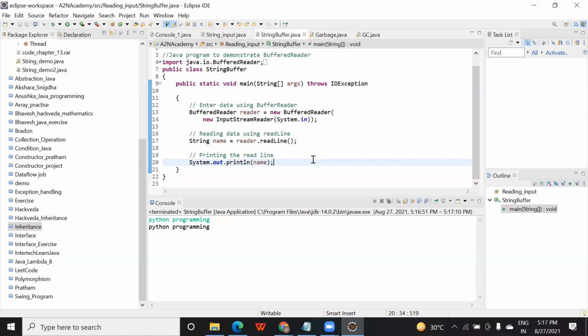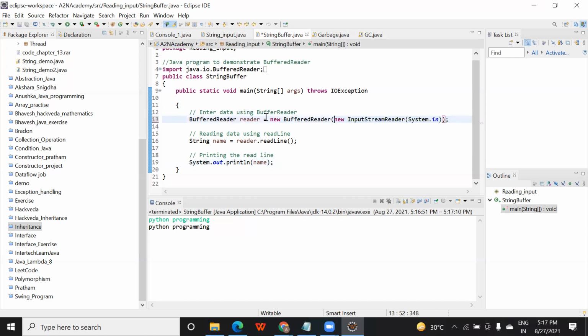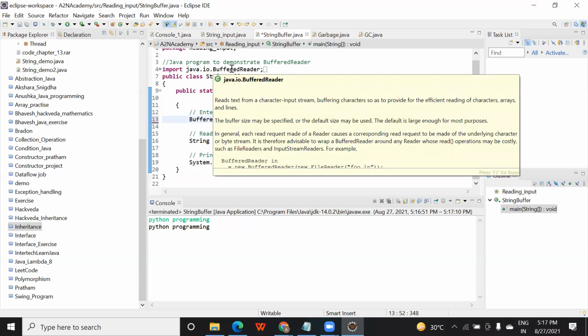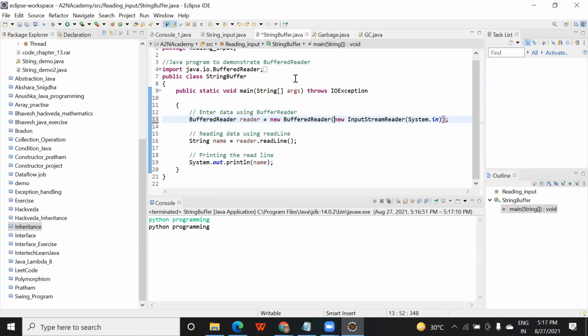So there might be a question. We have seen that with the help of a string variable you can print it. So there is one more way of printing this string content, which is a group of characters in your string variable. Okay. How does it work? You need to import java.io BufferedReader. Why do we use BufferedReader?